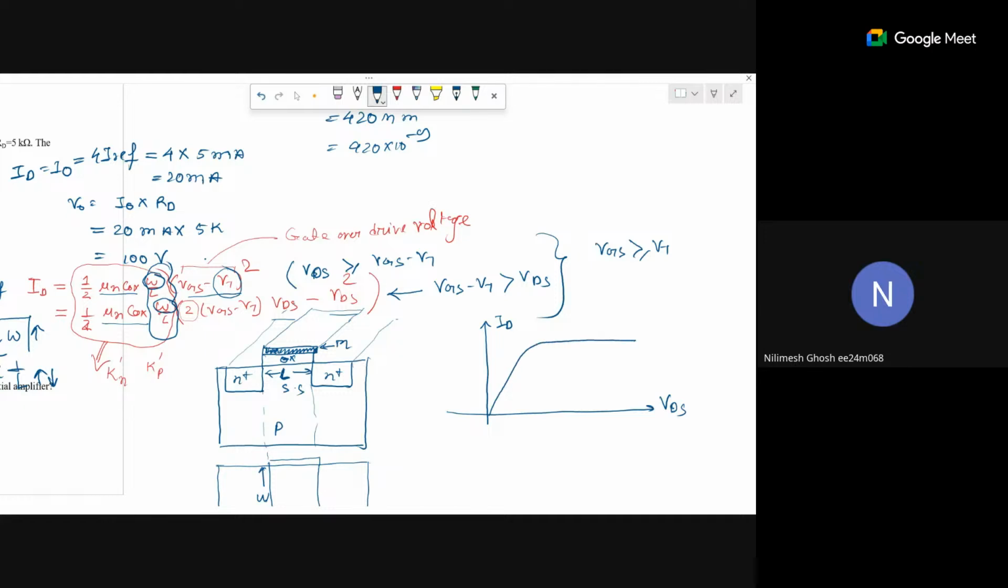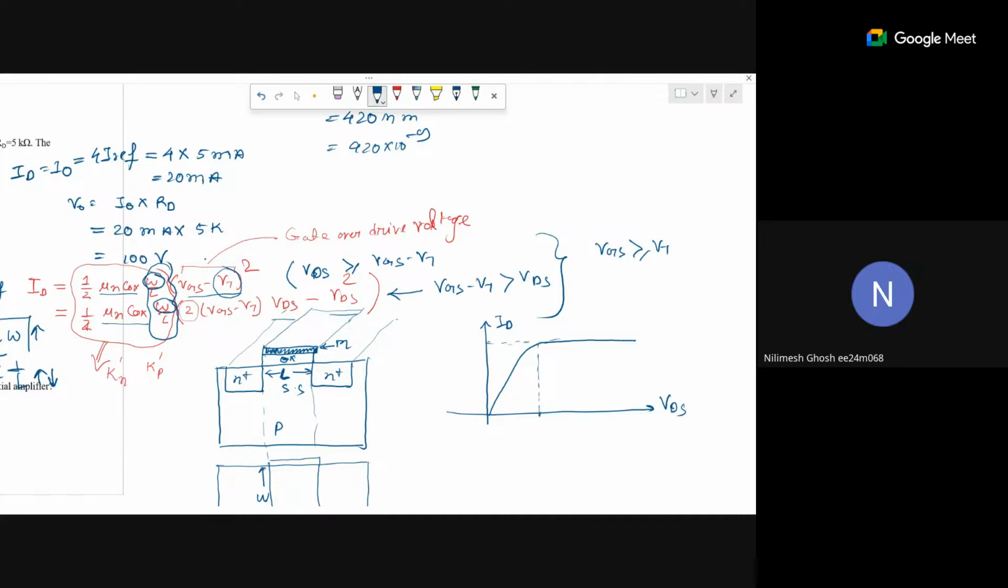Okay, for a practical scenario, this graph is not constant with the voltage. It has a particular slope. This is slightly exaggerated. You don't need to remember these things, that includes body effects, that is not needed. So the thing is, till this,